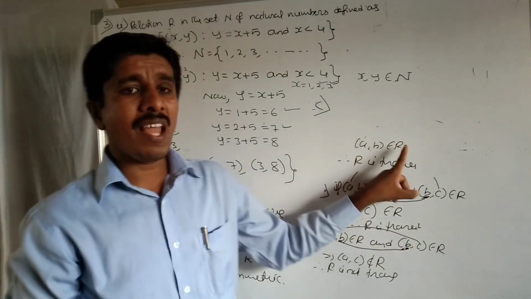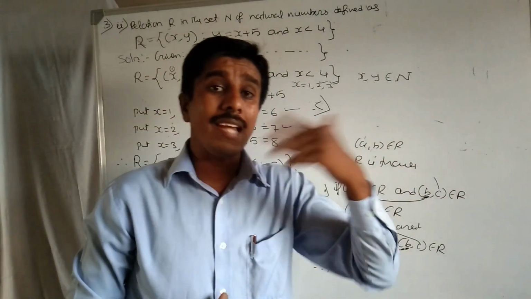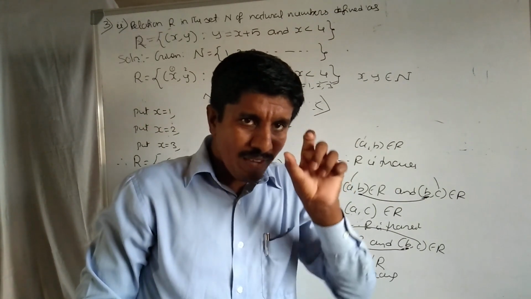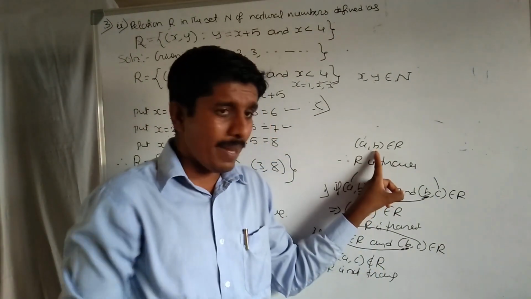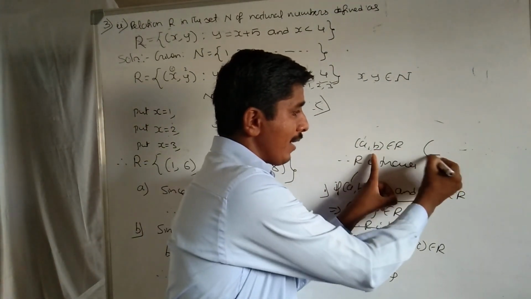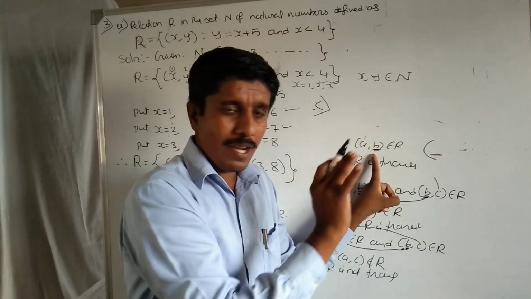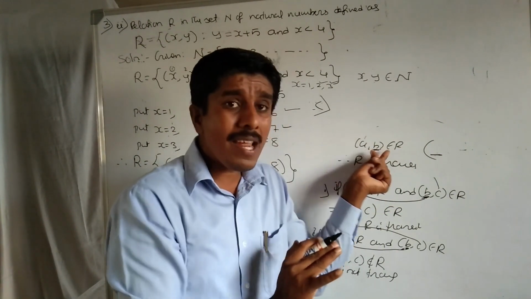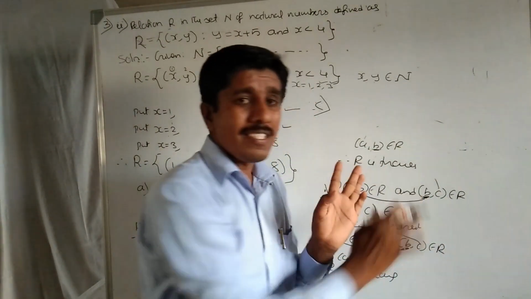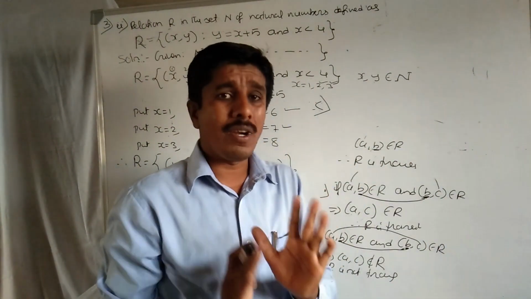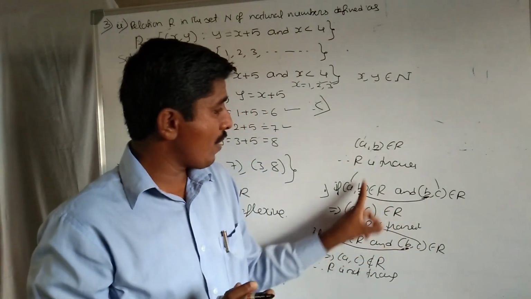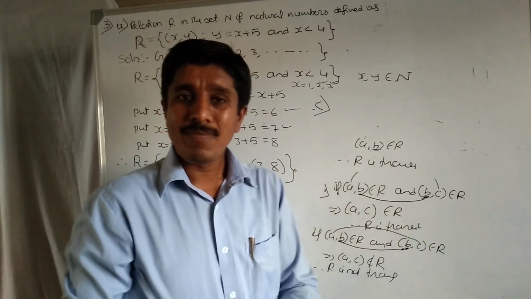Here (A, B) belongs to the relation. We don't have a second ordered pair in which the first element equals the second element. We don't have another ordered pair here whose first element equals the second element, so this ordered pair itself is transitive. Very important thing, two definitions to remember: the first one and the second one. In these two cases, R is transitive.